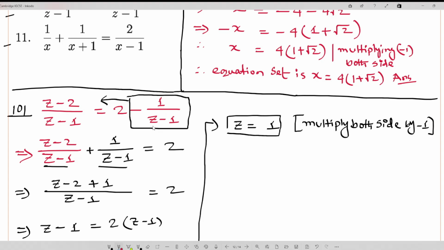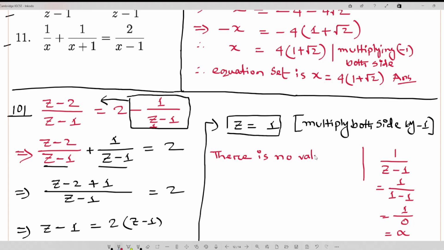z equals 1 is not possible, because if we put z in here, it will become 1 by 0. Look, 1 divide z minus 1. What does it mean? It means z equals 1, so 1 minus 1. It means 1 divided by 0, and it is undefined, right? So we can write there is no valid solution